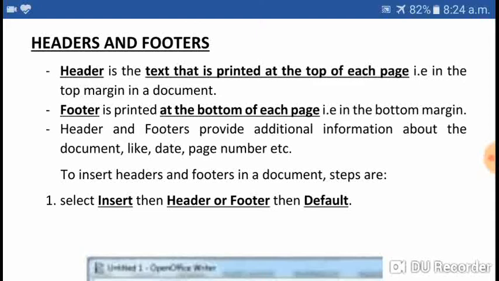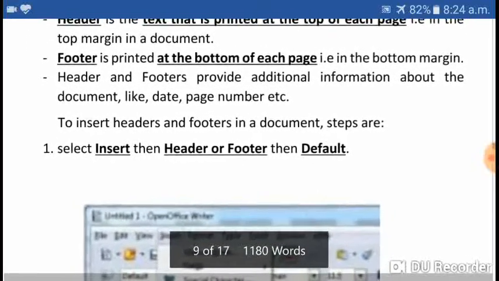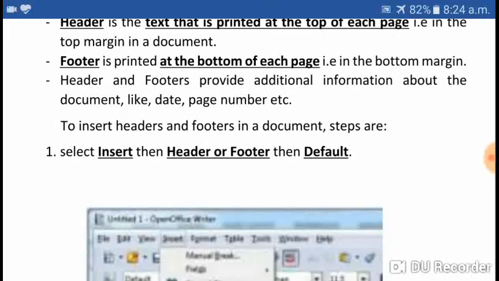So header and footer provide additional information other than the text we have printed within the working area, like date, page number, etc. If we want to print the present date, the page number, or any logo in the header or footer, we can.